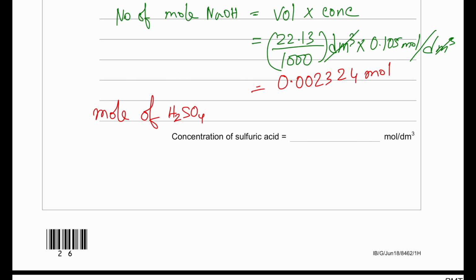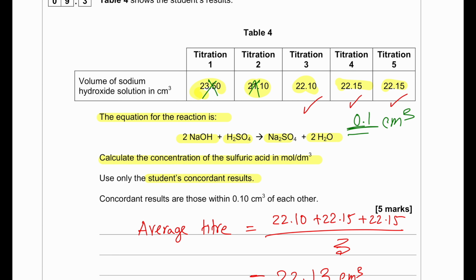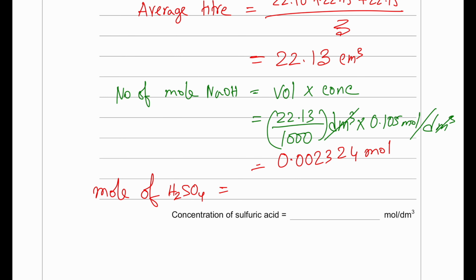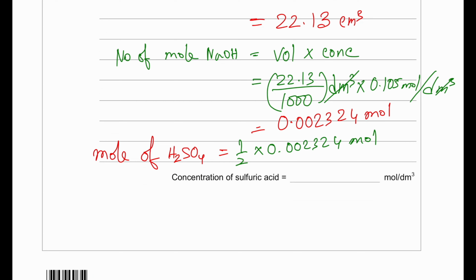Now you see, in terms of finding moles of sulfuric acid, we'd have to understand a particular term called stoichiometry, which means chemical ratio. If we have 2 sodium hydroxide, then it reacts with a ratio of 1 sulfuric acid. So if we have this many moles of sodium hydroxide, we would require half as much sulfuric acid. So 0.002324 would be the answer. Great. So guys, continuing with that, our final answer will become